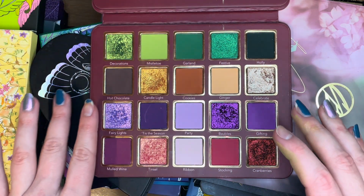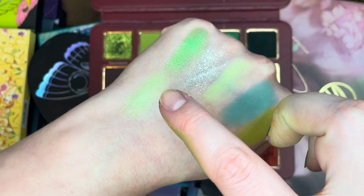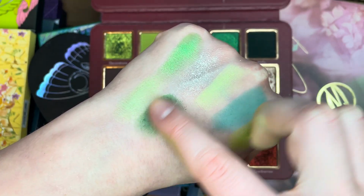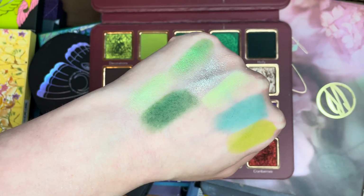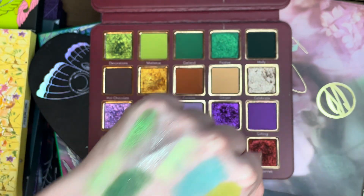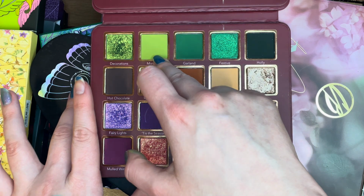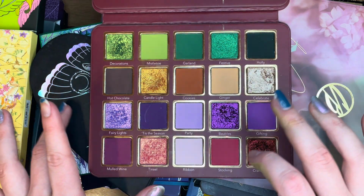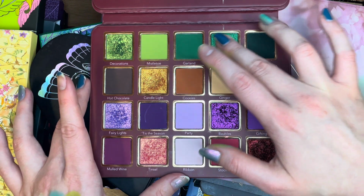And from this one, first of all, I really love this shade Garland. Such a nice deep green, and it's an amazing tone. I love that one. It's so deep and so yummy. And I mean, Mistletoe, we all know that that's something that I'm gonna enjoy. I think I'm gonna swatch one more shade from this. I think we're gonna do Festive,